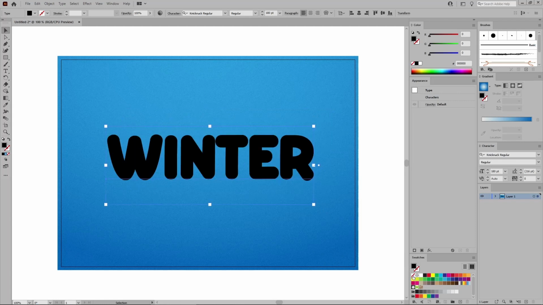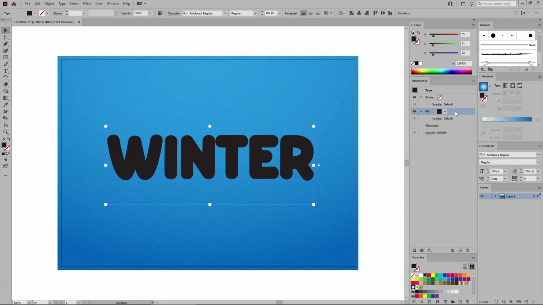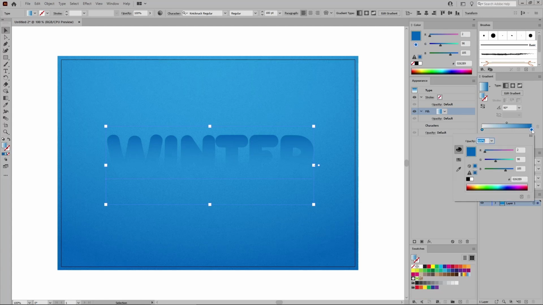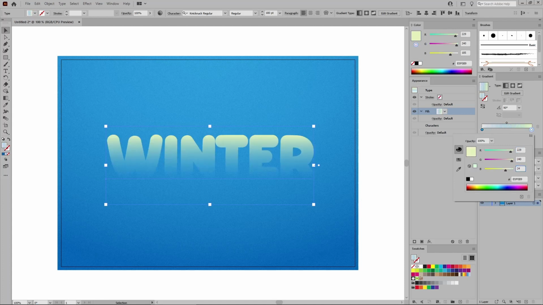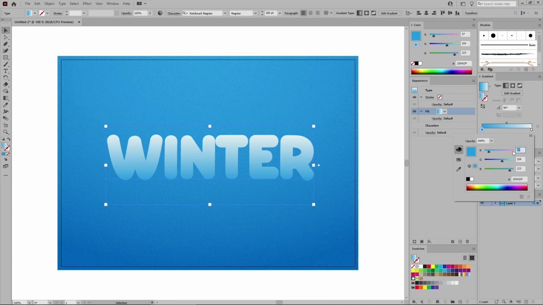Remove the current text color using this non-swatch button, and then add a new fill for your text using the same button. Keep this new fill selected, apply a linear gradient, and set the angle to 90 degrees, and then focus on the gradient sliders to adjust your gradient. Start with this one, double click it and replace the color with 229, 240 and 241. Move to this other gradient slider, increase the opacity back to 100% and replace the color with